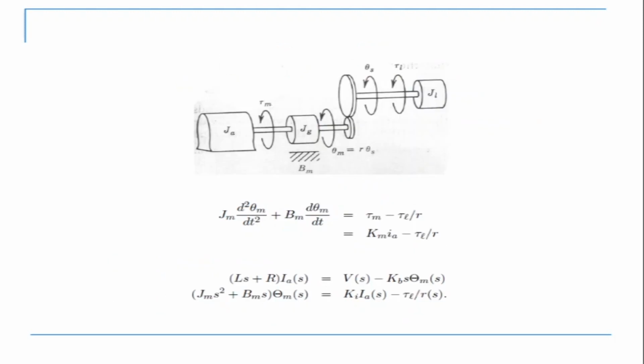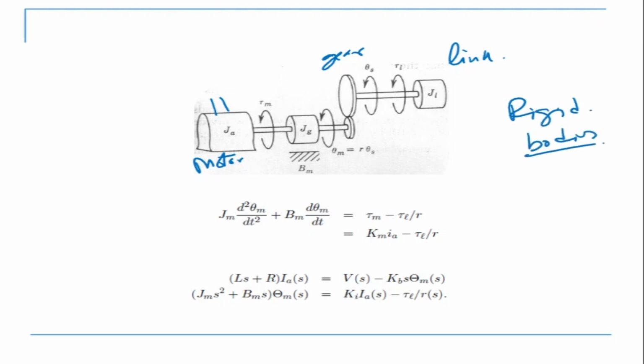So this is it. This is my motor. The motor is connected to the gear. Okay, and from the gear it goes to the link side. So this is my link side. Now we are making the assumption here that these are rigid bodies. Because they are rigid bodies, the stiffness K is not there. So there is a J and there is friction Bm, but there is no stiffness because these are assumed to be rigid bodies. Now I'm going to give a voltage to the motor, and when I give a voltage the motor will rotate, and when the motor rotates, the link will move and the link will achieve a desired position.